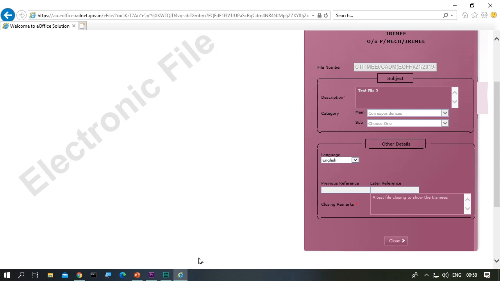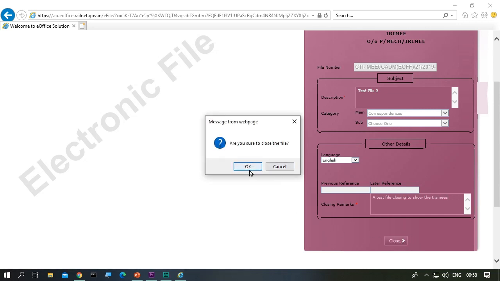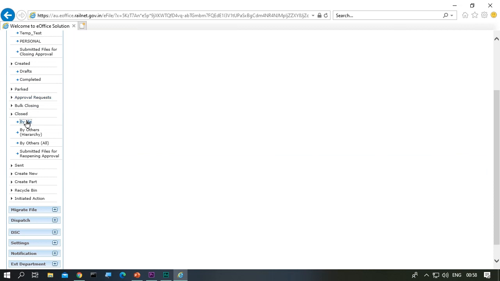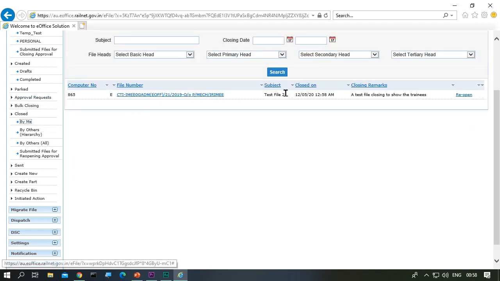Once we close any file, the file will be available in closed box, closed by me. Now, if required, this file can be reopened by clicking on the reopen link. We will not reopen it now.